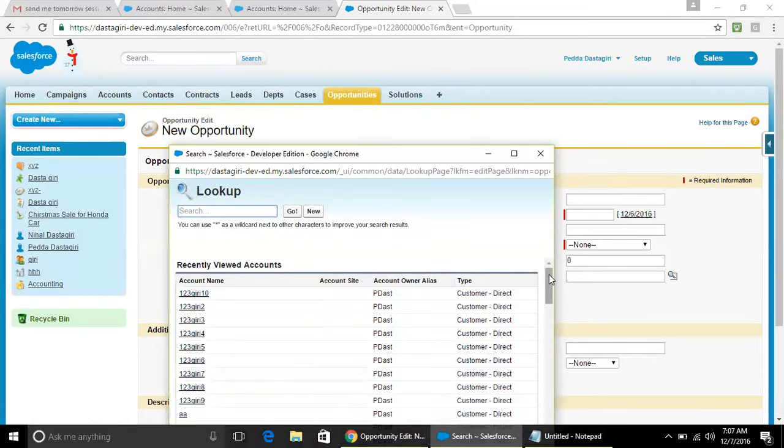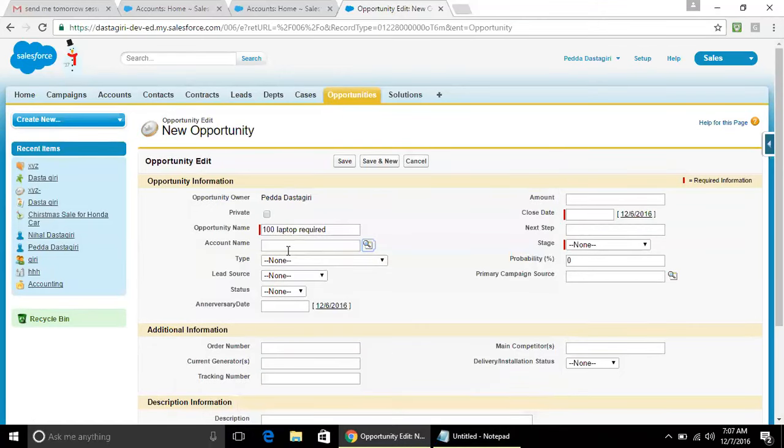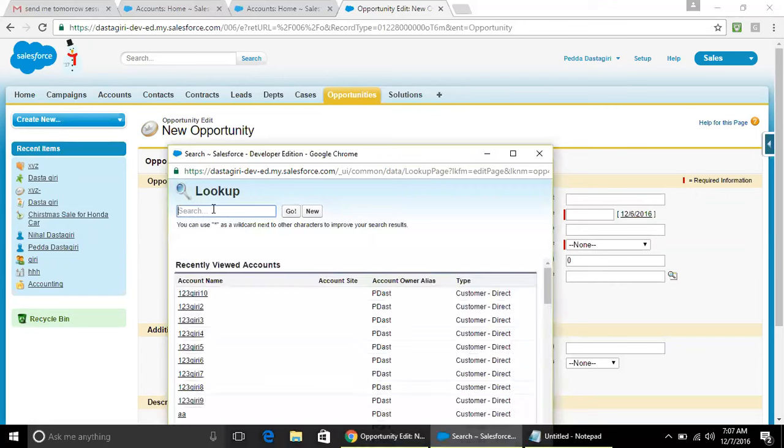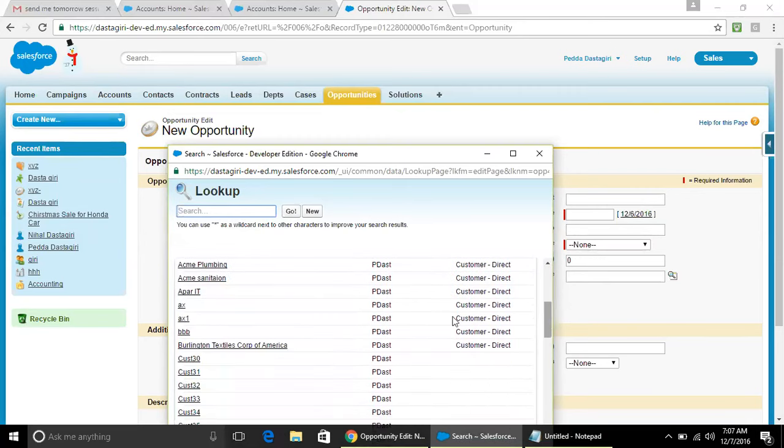This is a company. Whoever all my customers exist in the account object will be displayed here. Then whoever the customer is asking for these 100 laptops, you will pick the customer name, and finally what happens,